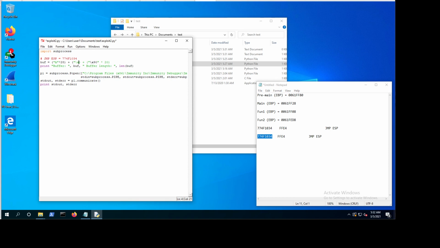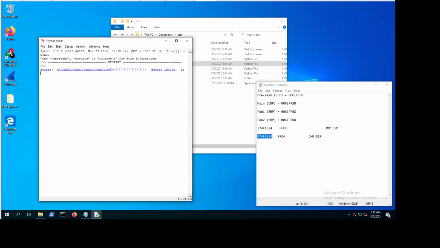Now, one thing you need to remember here, this is little endian. As we said, least significant bit first. So we are going to do 10, and then this is in hex, so that's why we put the /x, and then 77, and then close that. Let's just double check. 34, 10, 4F77. Great. Let's do run for our code